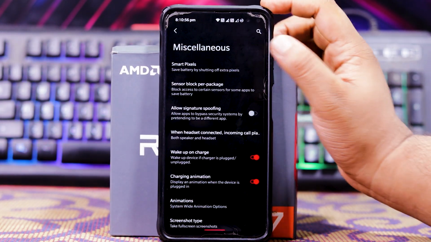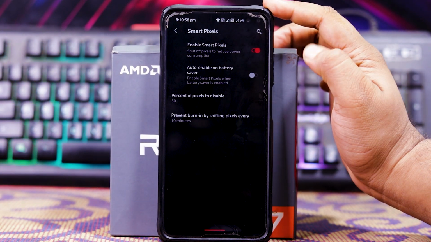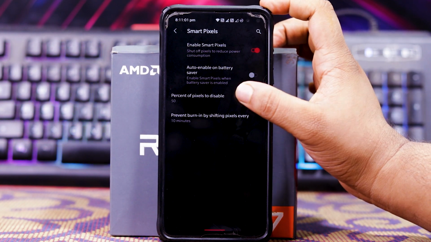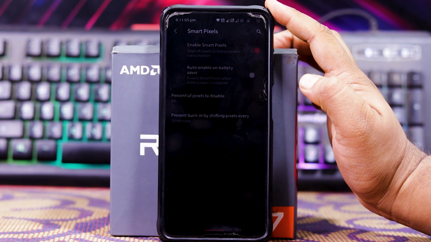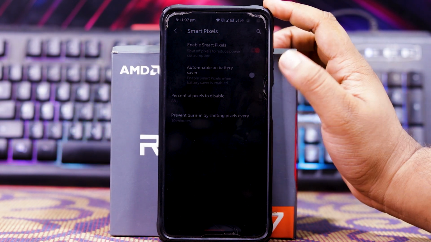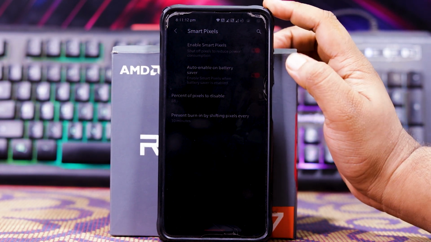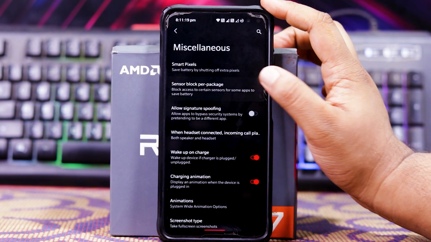In miscellaneous you get smart pixels. When you turn it on the pixels are disabled. See now 50% pixels are disabled, suppose 88. As you can see 88 pixels are disabled. It saves battery, and you get option of auto enable battery saver. Let's turn it off. Then you get sensor blocker package,